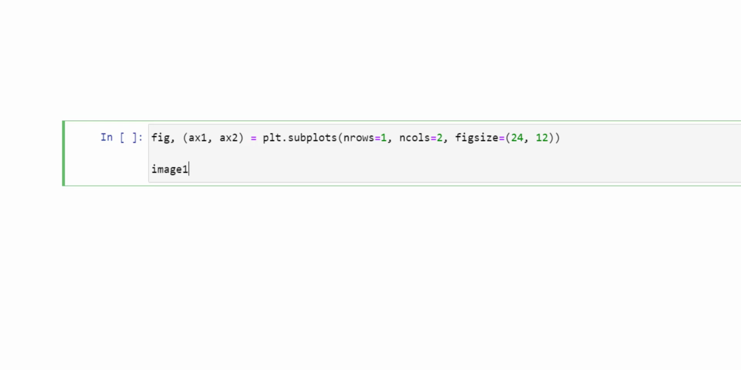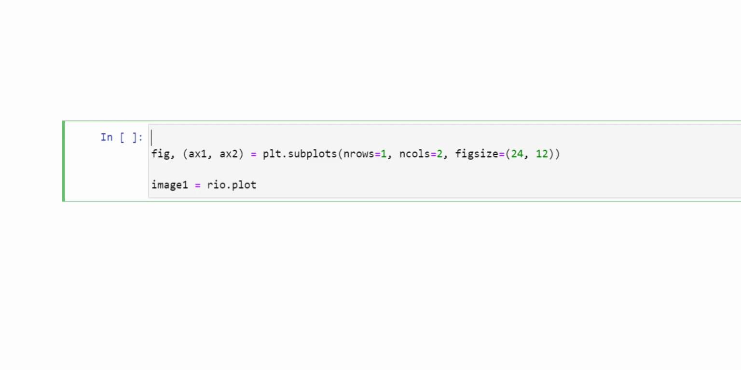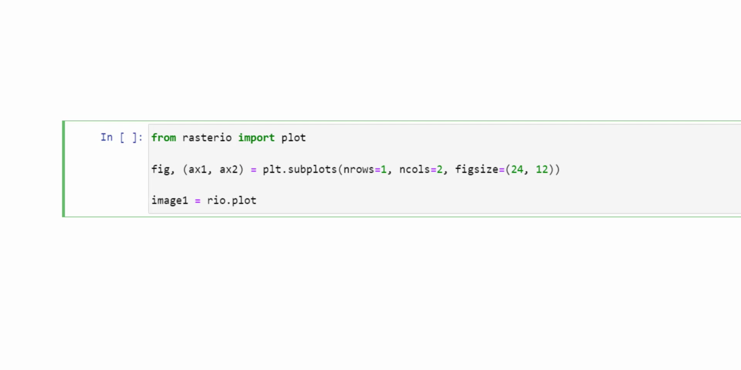create two variables. First is image 1, and that's the 2000 that I'm going to plot. So I would say rio.plot. Before I start plotting, rasterio does not automatically load its plotting function, so I have to import the plotting function: from rasterio.plot import show. And then, back to plotting image 1, rio.plot.show,